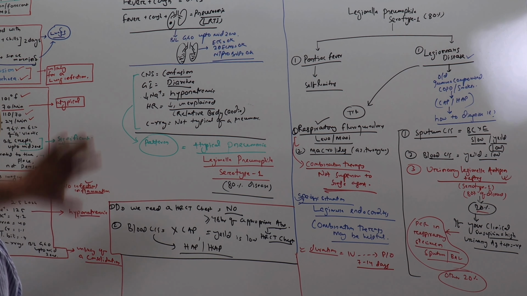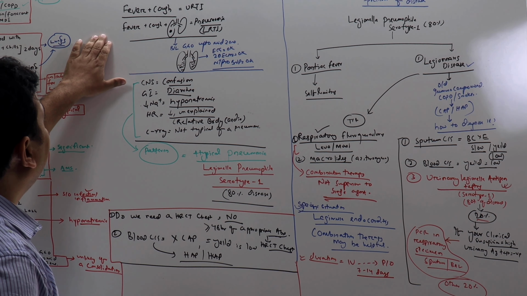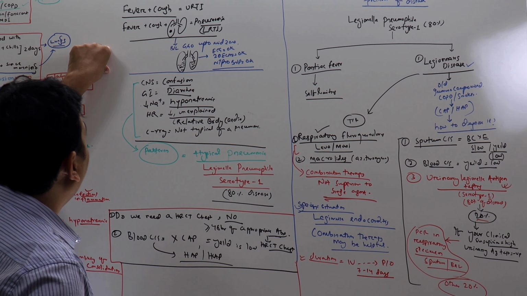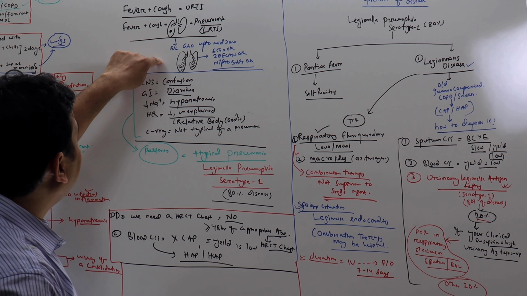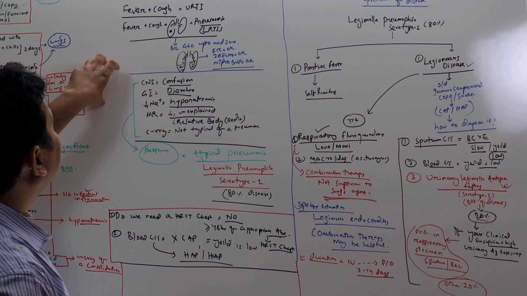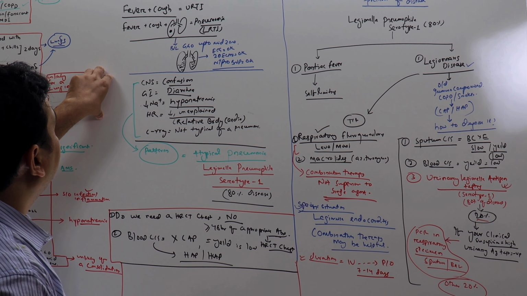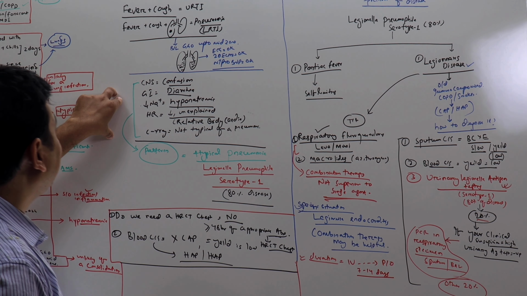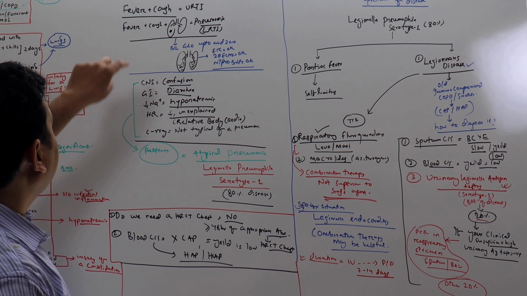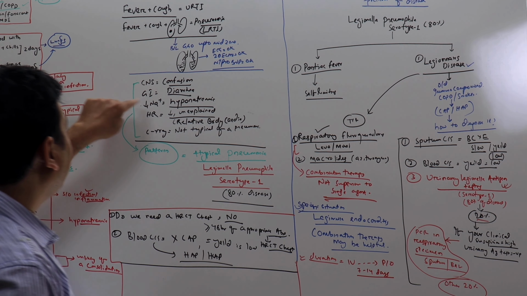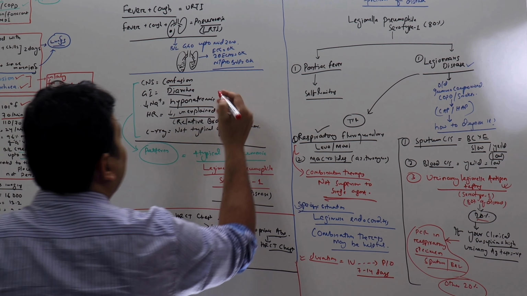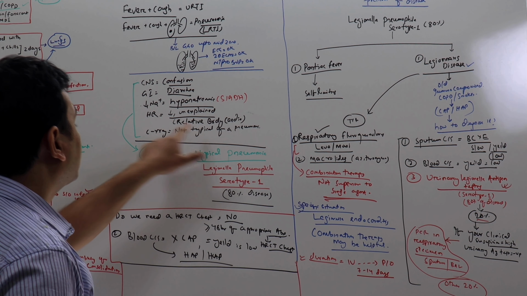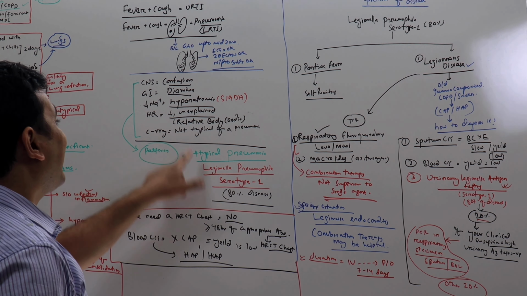As you can see, unlike a typical pneumonia, there is no consolidation specific to a lobe of the lungs. Both lungs are involved, and typically it is a ground-glass opacity, not a consolidation. This is typical of atypical pneumonia like Legionnaires disease. Also, patients present with atypical signs and symptoms like confusion, GI symptoms like diarrhea. The hyponatremia is actually SIADH, and the heart rate is low, which is unexplained. It's called relative bradycardia. So many atypical things are there.